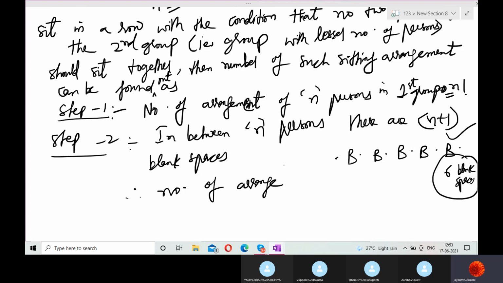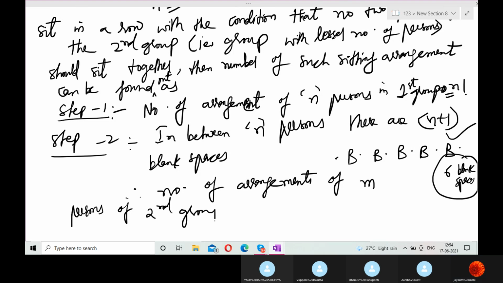So number of arrangements of m persons of the second group in the n plus 1 blank spaces